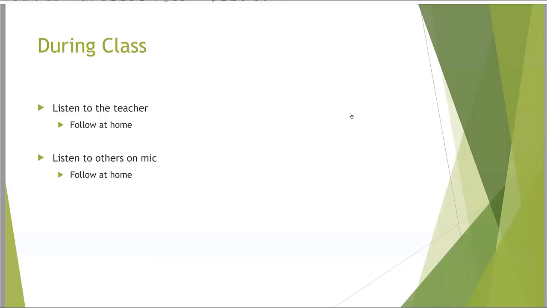When somebody else has been given the mic and the teacher is listening to them, listen to how that particular student has read and listen to how that teacher then gives feedback to that student. Because the chances are, if that student has read something slightly incorrectly, and of course, most of you will because you're learning, then that teacher will explain to that child how to read it properly. But if that one child is not able to read it properly, chances are a lot of other children also can't read properly. So whatever feedback she gives to that child will apply to almost everybody else as well.